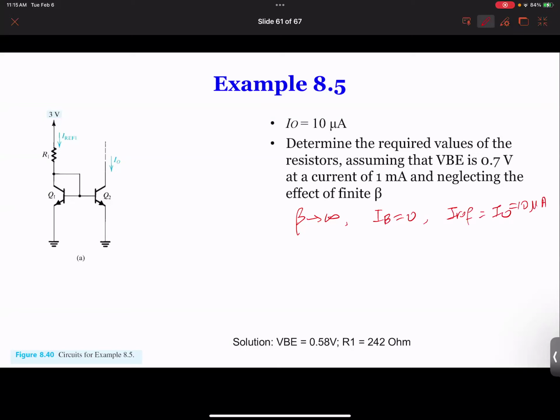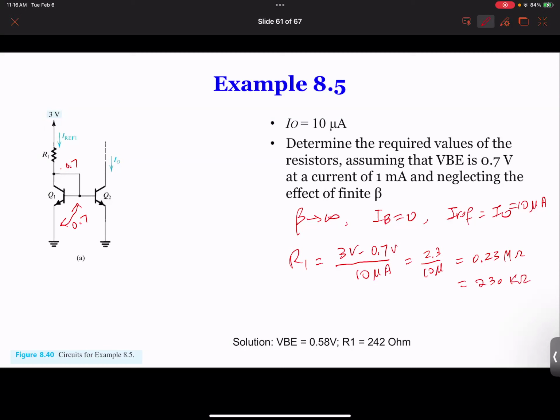And because VBE is 0.7, right away we got RE equal to 3 volts minus 0.7 divided by 10 microamps. Remember, this is micro. So you got 2.3 divided by 10 micro, so you got 0.23 megohms. Yeah, that's very big, or 230